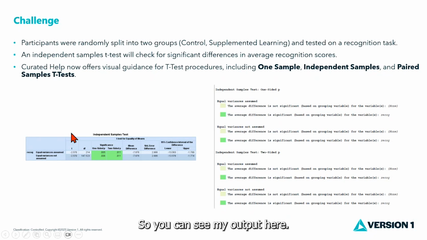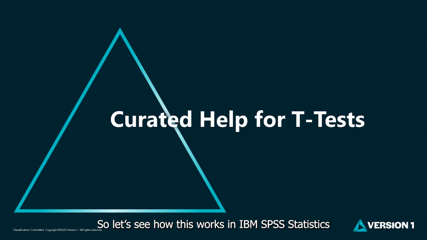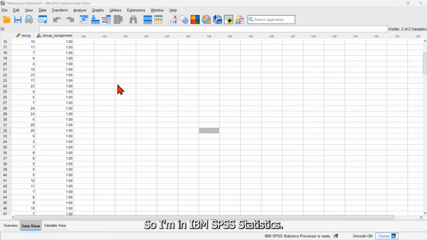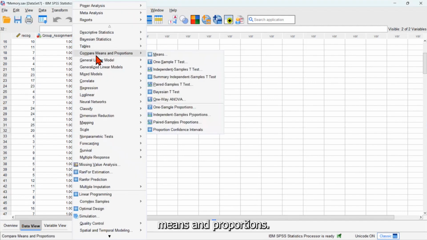So you can see my output here. We have the independent samples test, we have color coding, and we can see the guidance that will sit below the table. So let's see how this works in IBM SPSS Statistics. So I'm in IBM SPSS Statistics, and you can see I have my group assignment variable here and the recognition score here. So to conduct my test, I'll go to the Analyze menu, come down to Compare Means and Proportions,